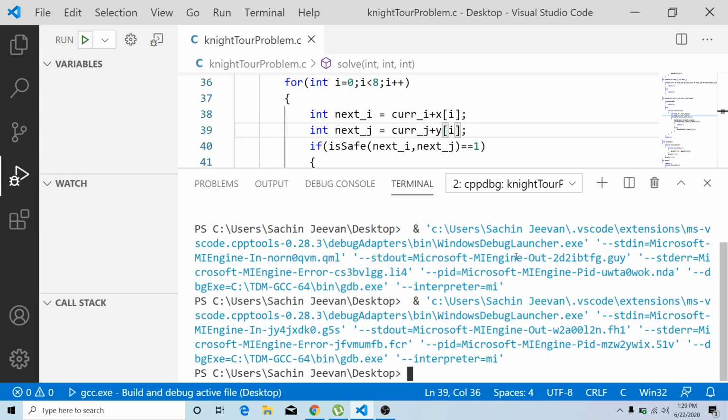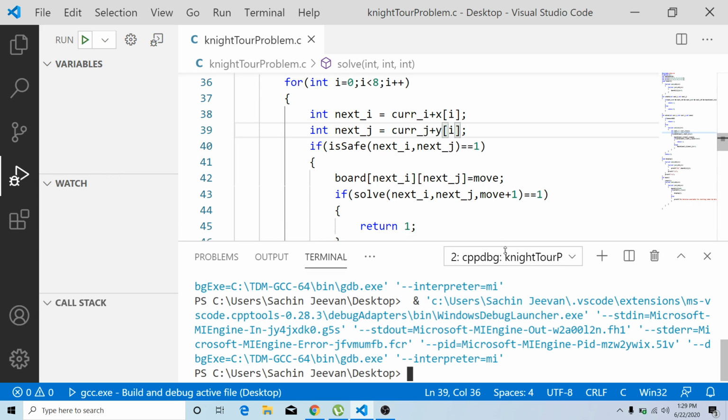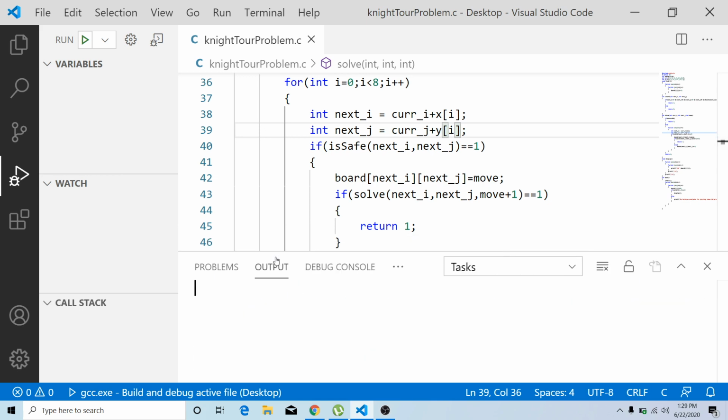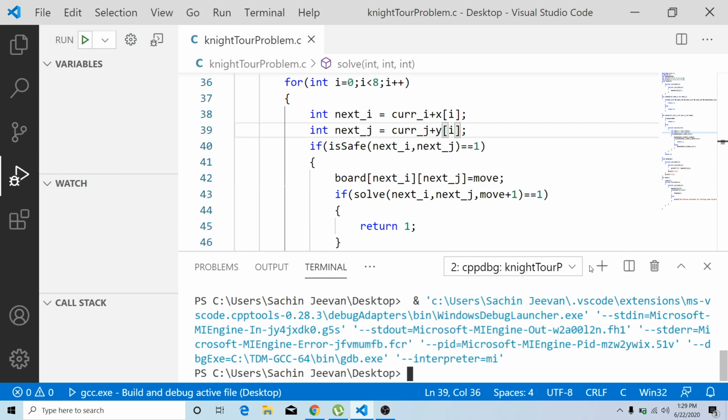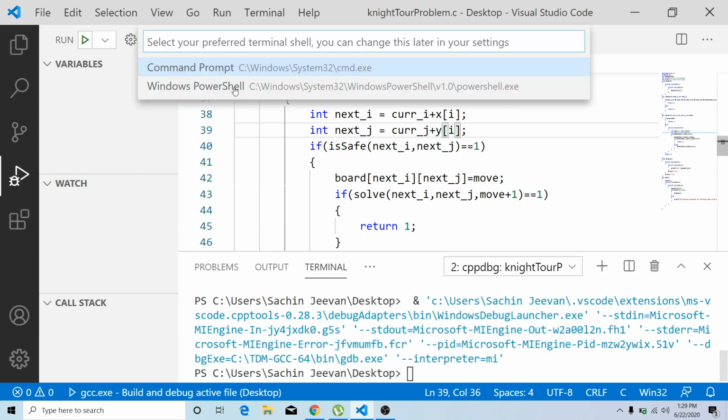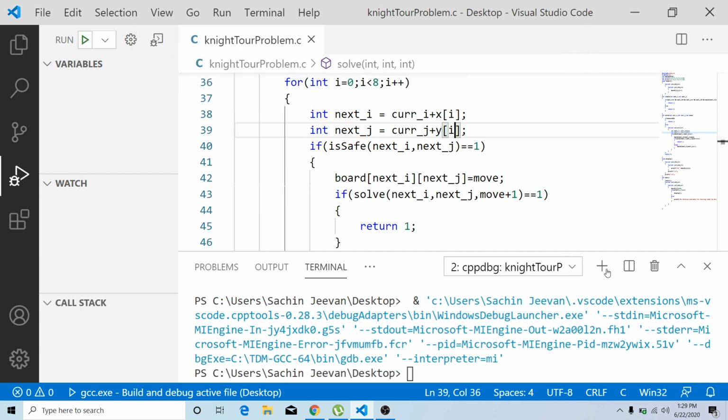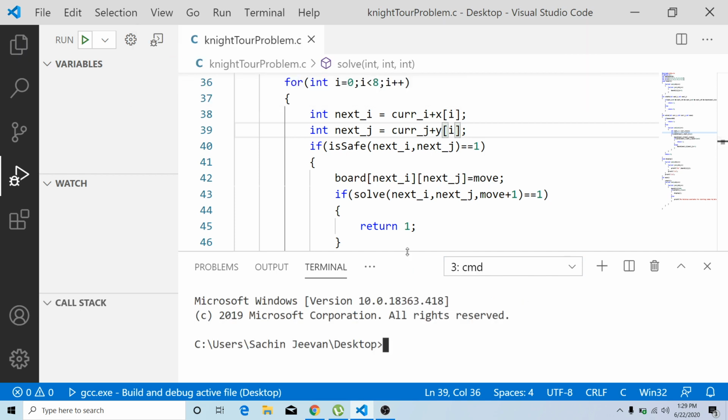Okay, so I think we have no errors actually, so we can probably go for the execution.